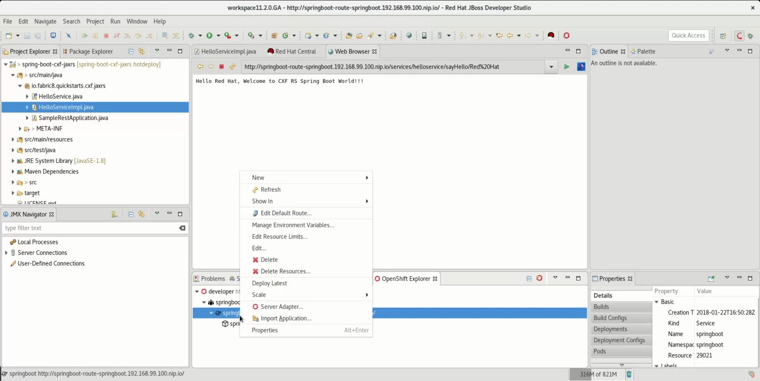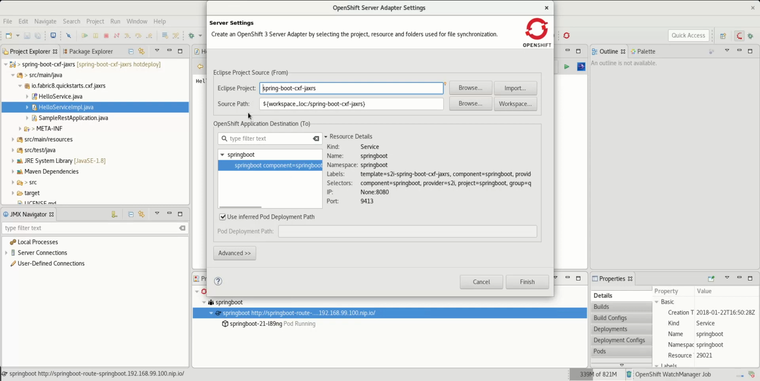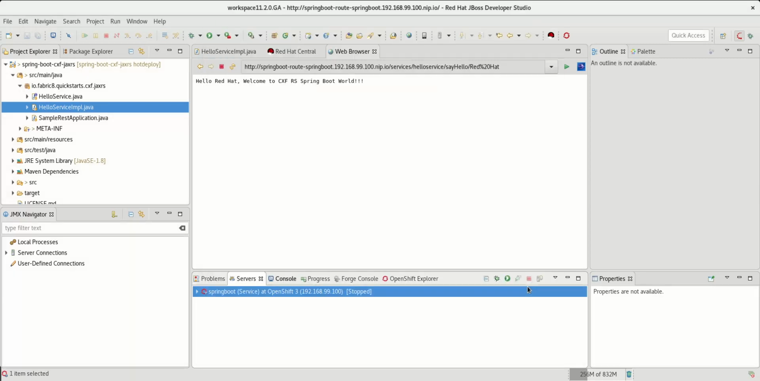CDK. So I will create the server adapter. When you create a server adapter, you need to specify a local Eclipse project and a remote OpenShift deployment, and it will synchronize those two different assets. So when you first create the server adapter, it will establish a synchronization phase